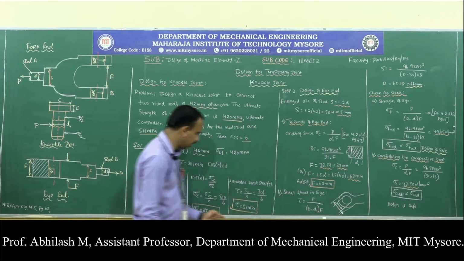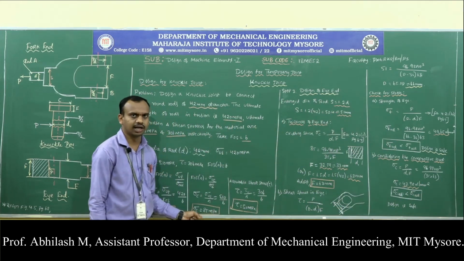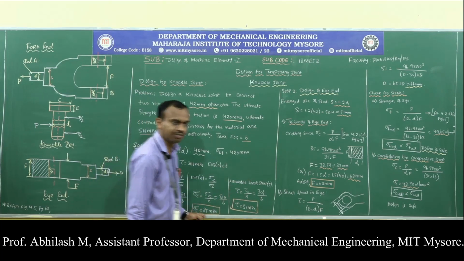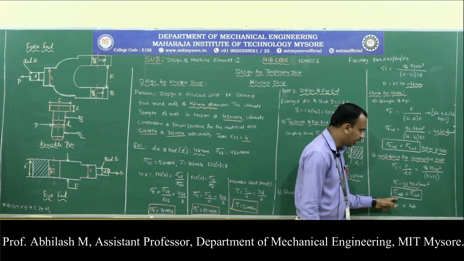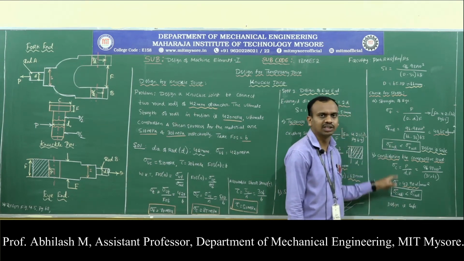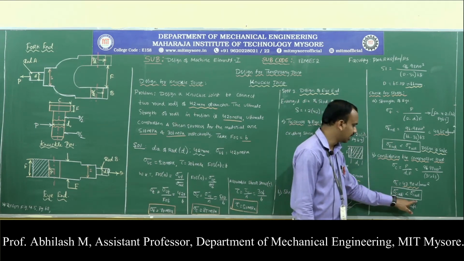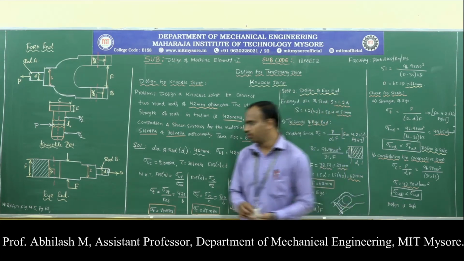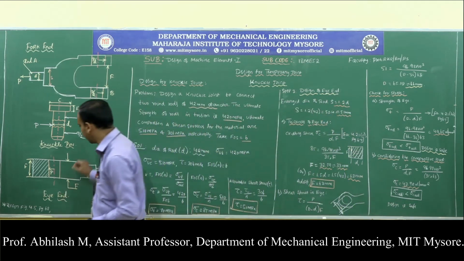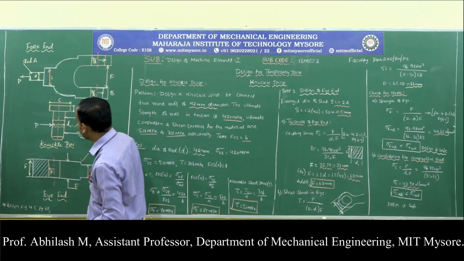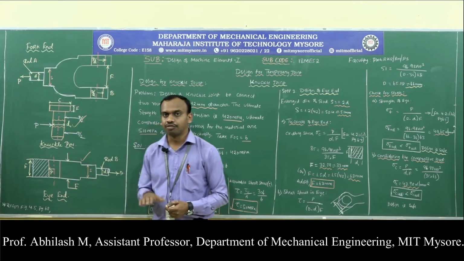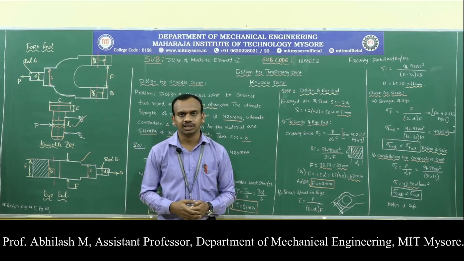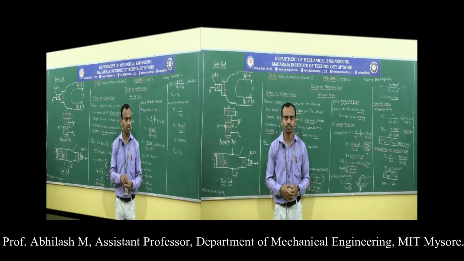Is it lesser than the allowable compressive strength? Yes, it is lesser. 43.98 is lesser than 85, so we can say that the induced stress because of the dimensions that we have calculated is lesser than the allowable stress, hence the design is safe. So we are done with the design of the eye end and the knuckle pin. We are left with the design of the fork end. Now let us see the design of the fork end.